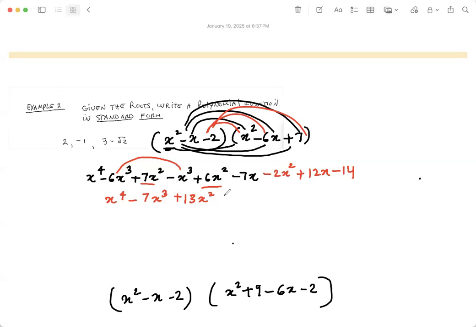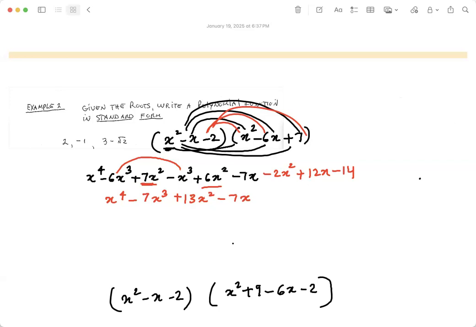Miss Priya, yeah, go ahead. I just noticed, how did you get the plus 7? I got plus 9 for that part. In the second polynomial, the trinomial you have, x squared minus 6x plus 7, I got plus 9. I can check whether we got it right, because I solved it for x equals 3 minus root 2, and that's how I saw that.